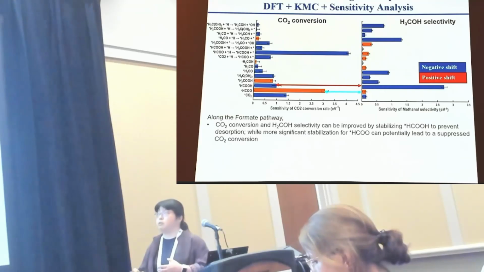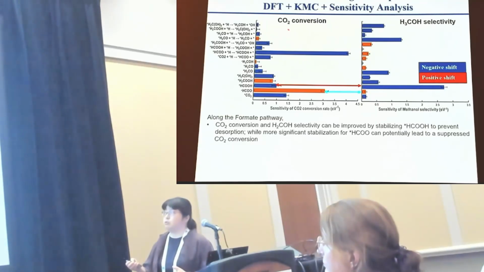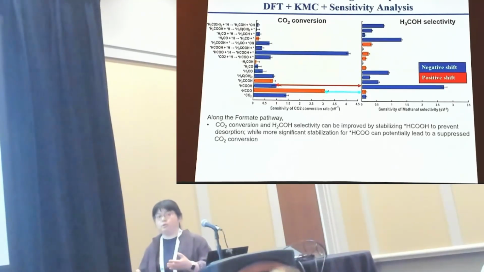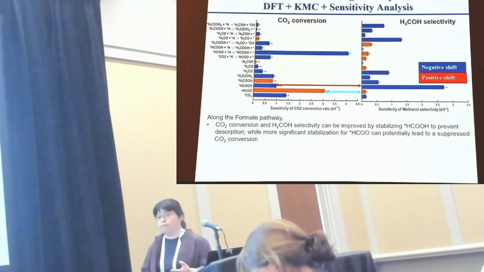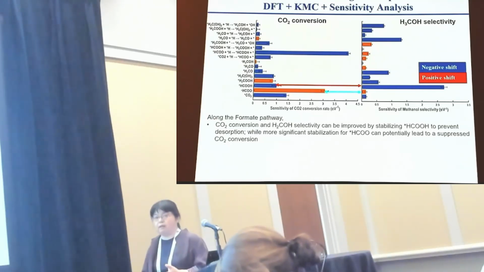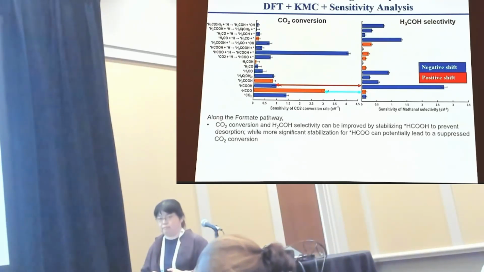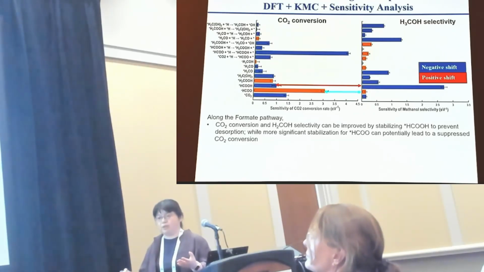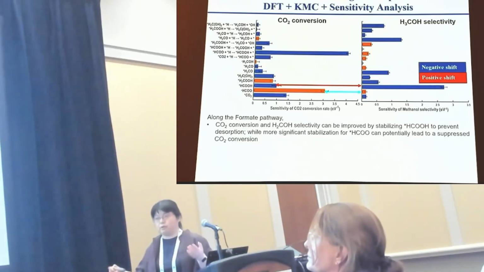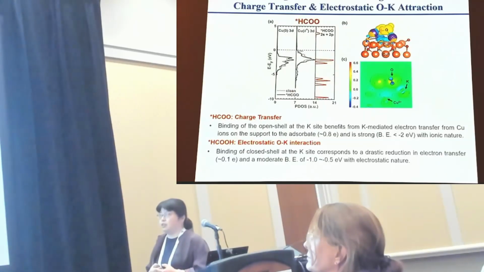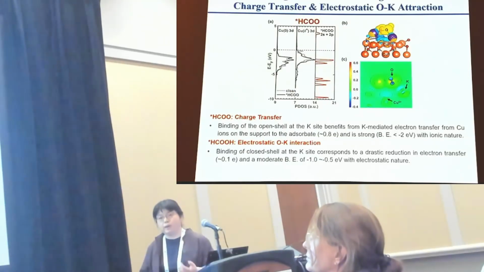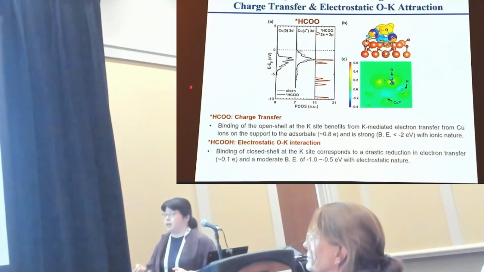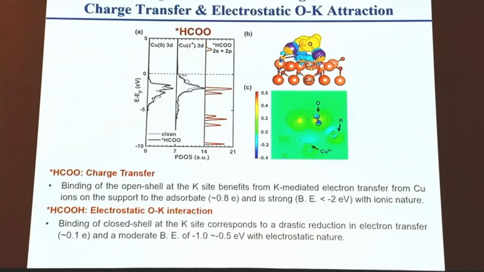So if you want to achieve both higher CO2 conversion and methanol selectivity, what you need is to suppress the binding of formate and increase the binding of formic acid. But how can you do that? Both are very close in geometry and on the same site. So how can you do that? Actually, we find that it is possible if you consider the active metal as the handle, because we compare the binding natures of the two